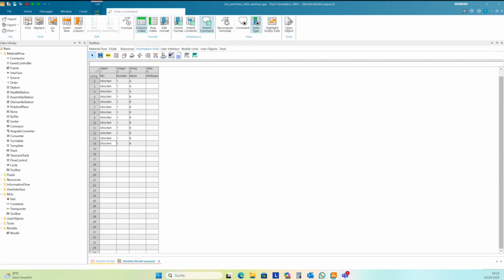Then I have 5 C in this sequence. Again, I take this one, change this to C. Five and 3 D.